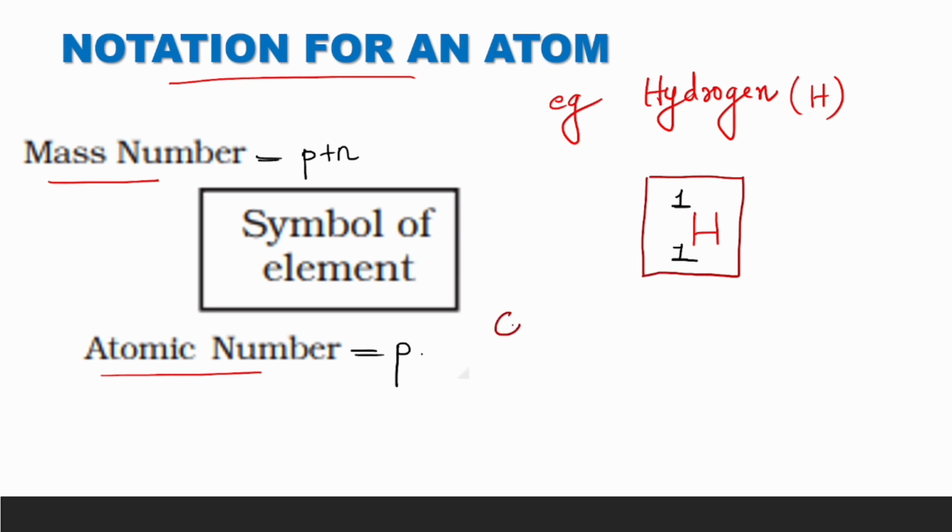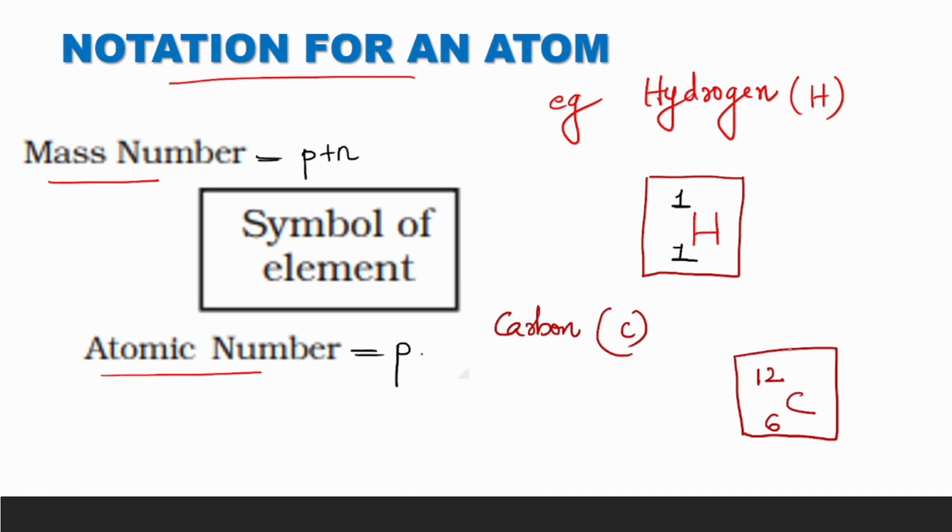Take, for example, carbon. How will we denote it? You can write it in your notebook. Carbon, the symbol is C, isn't it? So first we will write C. And for carbon, what is the mass number? Carbon's atomic number you have already studied. I told you to study the elements in order and their atomic numbers. So the atomic number is 6. And the mass number for carbon, already studied in the last chapter, is 12. That is carbon, C with atomic number 6 and mass number 12.